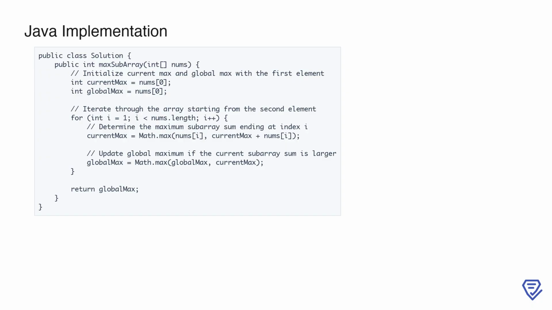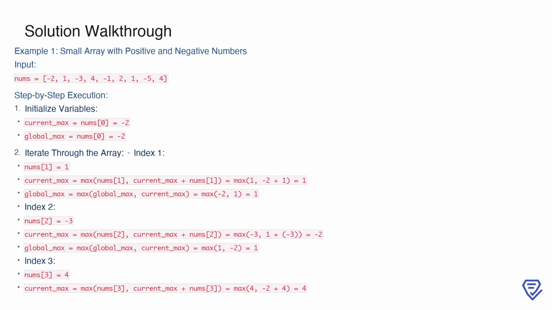To solve the maximum subarray problem, we begin with an example array that includes both positive and negative numbers, nums equals -2, 1, -3, 4, -1, 2, 1, -5, 4. The goal is to find the contiguous subarray with the largest sum. First, we initialize two variables, current_max and global_max. Both are set to the first element of the array, which is -2. We then proceed to iterate through the array